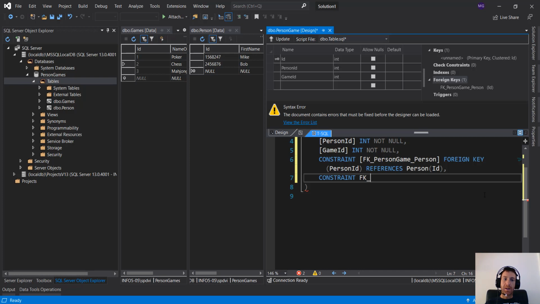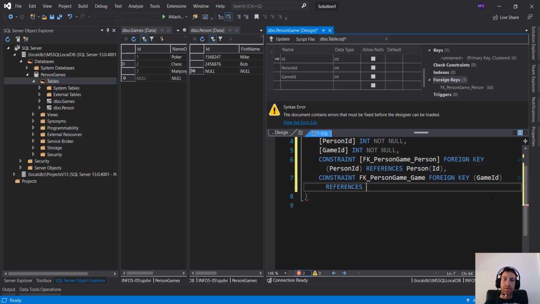FK person game to game, foreign key, and this is important, the parentheses are mandatory. So it's gonna be the field game ID